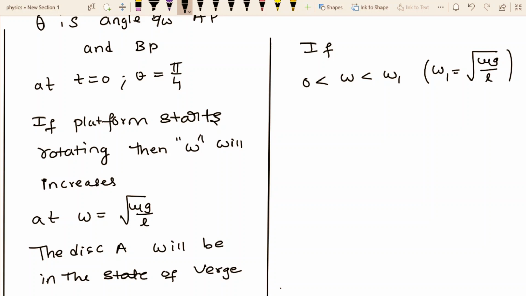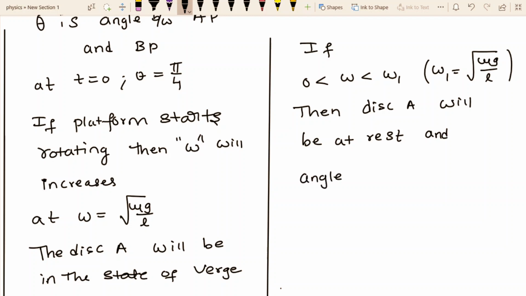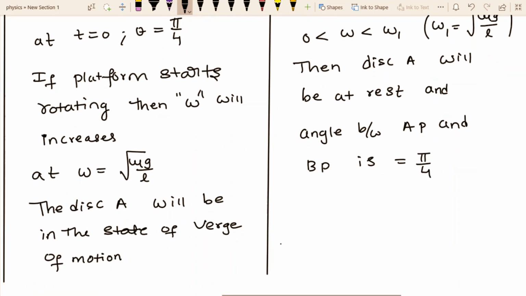So if the omega of the platform lies between 0 and omega 1, then disk A will be at rest, and the angle between AP and BP is equal to pi by 4. So this point is very very important,